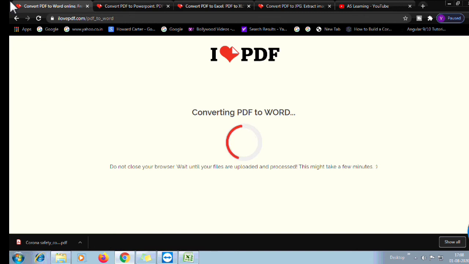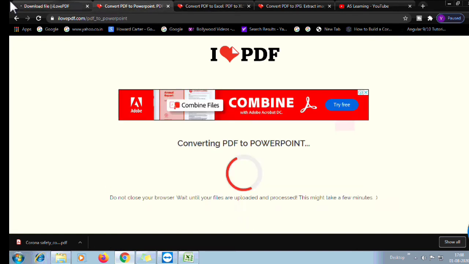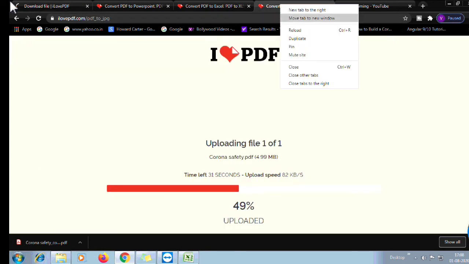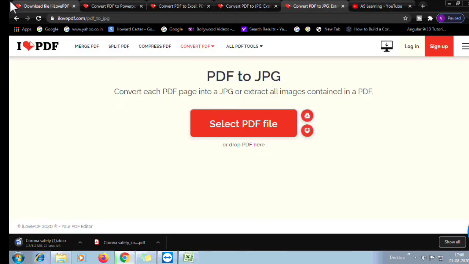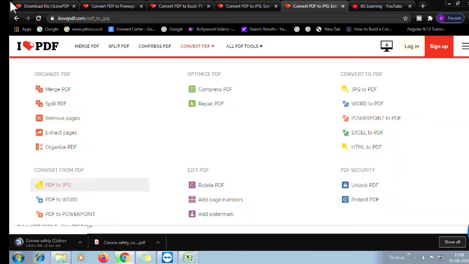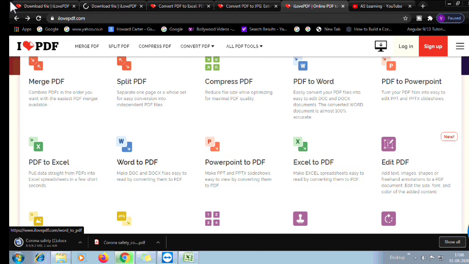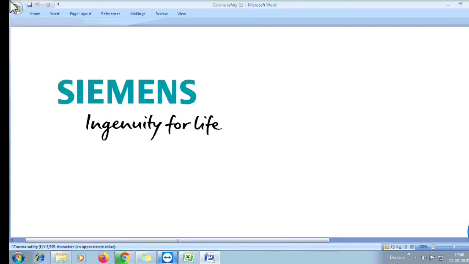Okay, it is converting PDF to Word and it's in progress, so it's downloading. And let's move back to another operation. You can perform this Word to PDF, PowerPoint to PDF, Excel to PDF, just as I have shown, by performing similar steps. So it will convert the Word into PDF, PowerPoint PPT into PDF, and Excel to PDF, just as we have seen here.